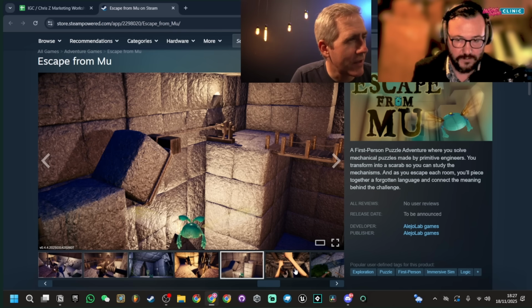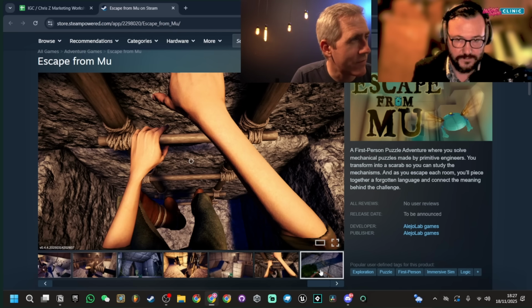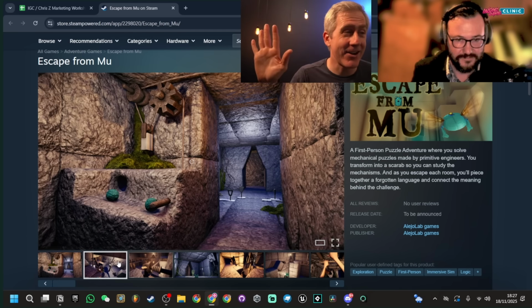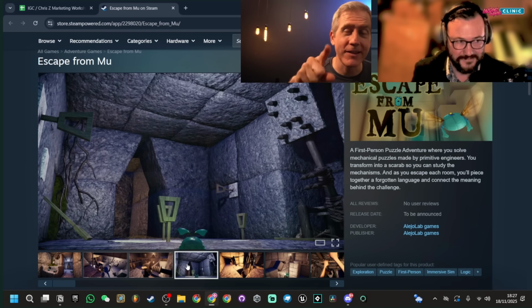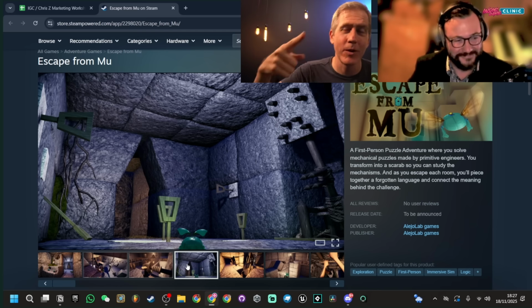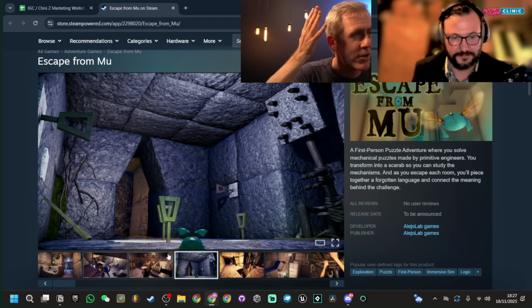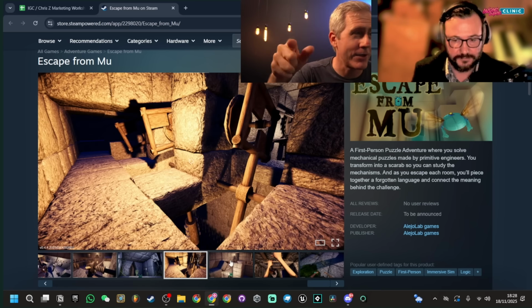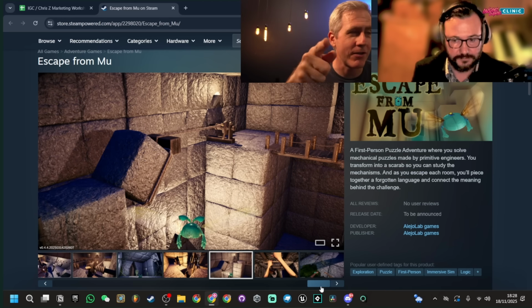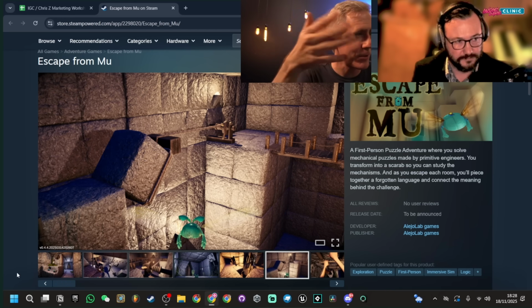Now, you can see a scarab here, or not seeing, I don't see any letters. I don't see any language in any screenshot. You promised, just like the combat game, it said no combat. And then what do we see? We see combat weapons. Yeah. You promised deciphering a forgotten language. Guess who forgot a language? It wasn't the engineers. It was you. You forgot to put the language in the game.